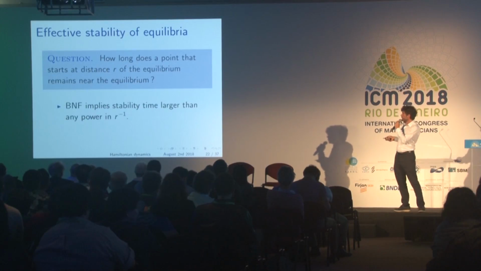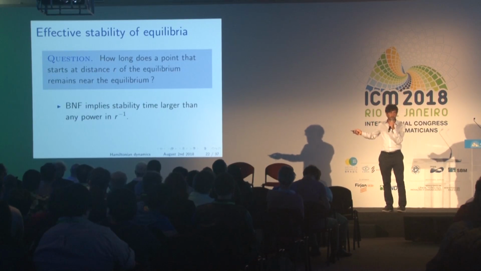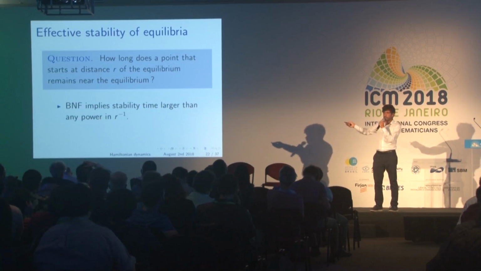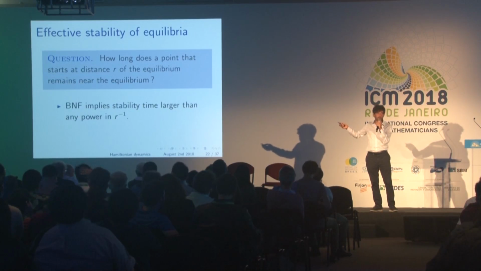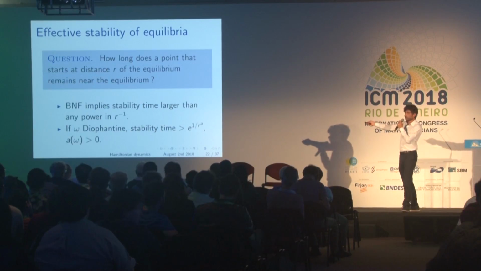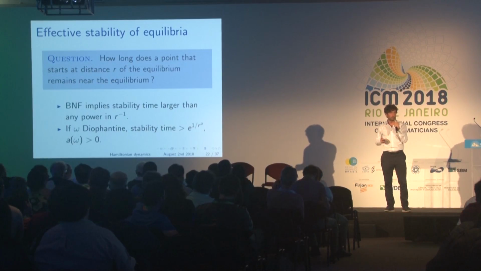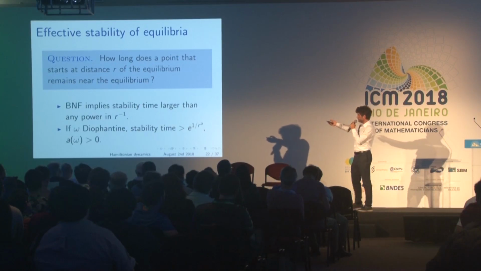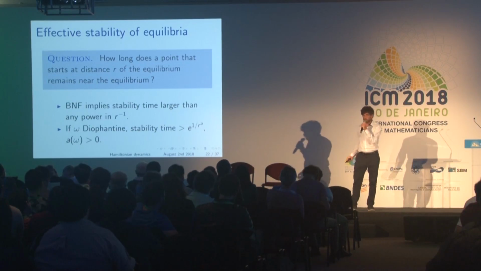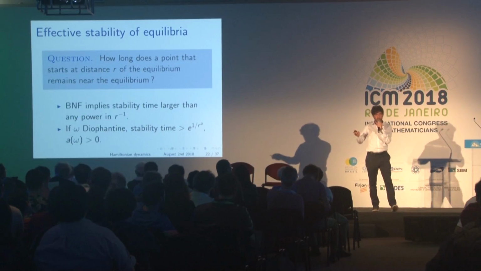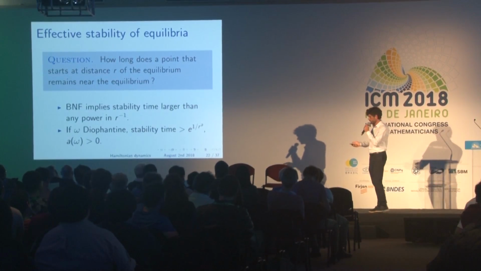For analytic systems, the existence of Birkhoff normal forms, and even for smooth, tells you that you must be slower than any power of the inverse of R. That's immediate from the Birkhoff normal form. If, in addition, you have an arithmetic condition, then you have quantitative control on the Birkhoff forms. And you get a Nekhoroshev-like exponential stability with an exponent that depends on the Diophantine exponent of the frequency.